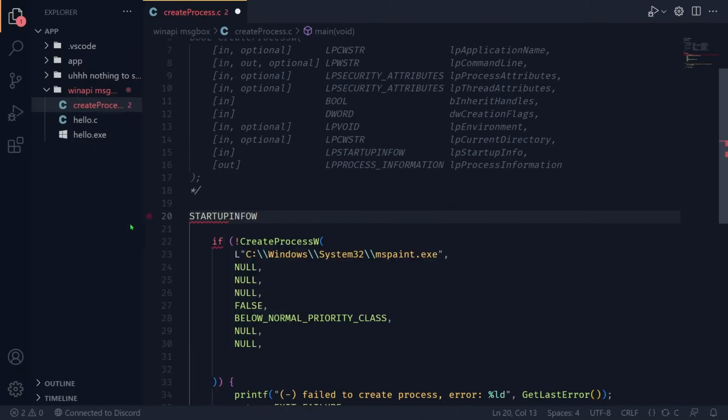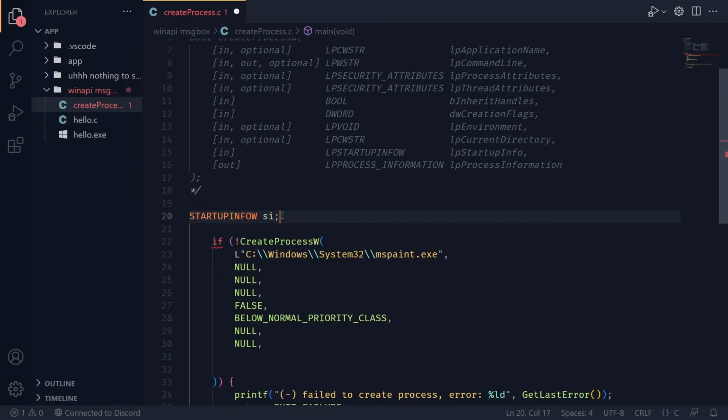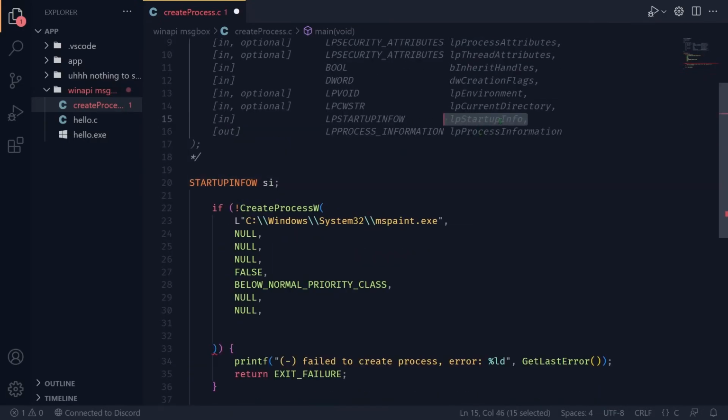Remember that Unicode? You see how it was already populated? We actually have to assign this to a variable, so let's just call this SI for startup info. Now, remember, this is going to be a pointer. This parameter, which is right here, which we're about to fill out, needs to be a pointer to this structure that we've just set up. And we can do that by,